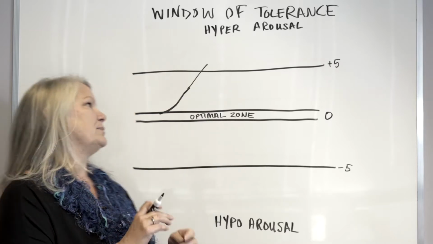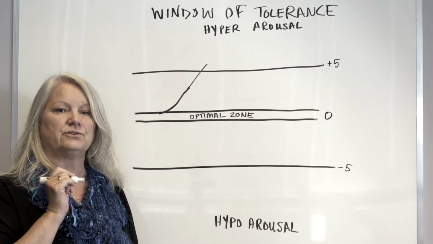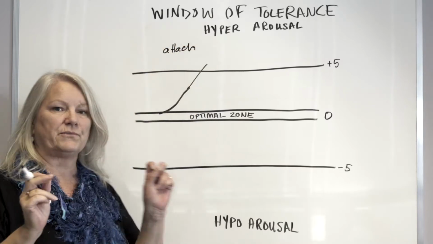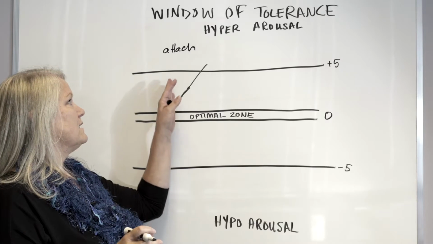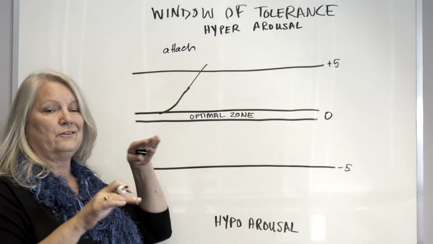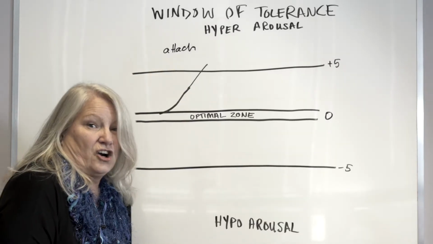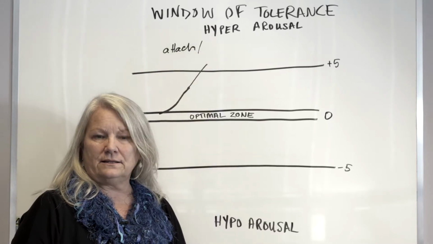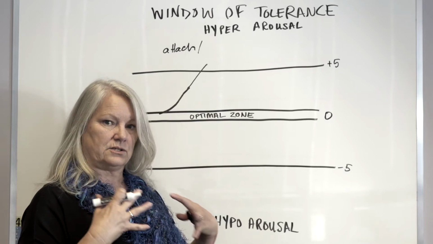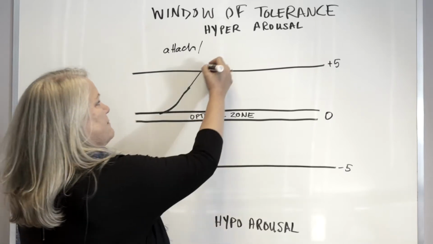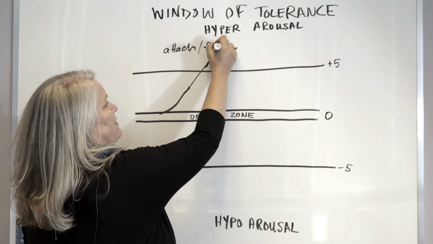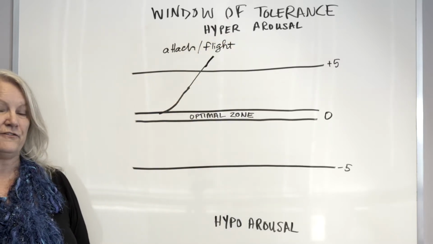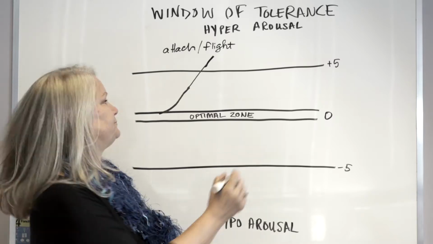Then the next thing that happens, and in your central nervous system this is referred to as attach. I am looking for something to attach to. That's going to create safety for me. I don't find anything. Now the dog is kind of hunkering down. And the next thing that's going to happen is the muscles in my legs are going to tighten. And my heart's going to start to pound a little faster. My energy starts to go up. And now I want to go into flight. I'm going to actually start to try to walk away from the dog because I don't know this dog.